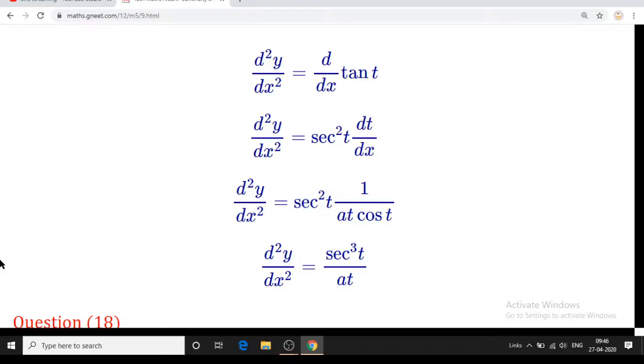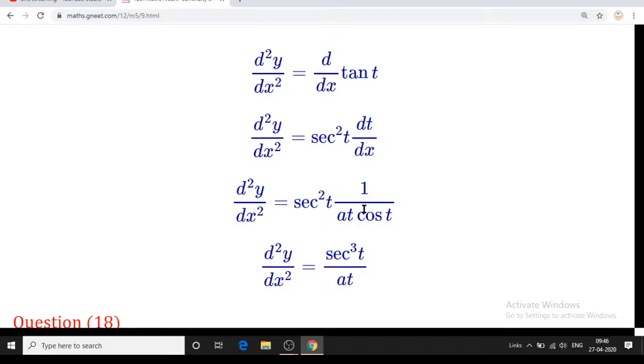The main thing in this is that you have to go with dt by dx, and the value of dt by dx will be the reciprocal of dx by dt. If you forget this, your answer will be completely wrong. So that is the important part, that you have to find the value of dt by dx and replace it. You don't have to calculate it, we already found it, but do not forget to replace it. That is the only important part.